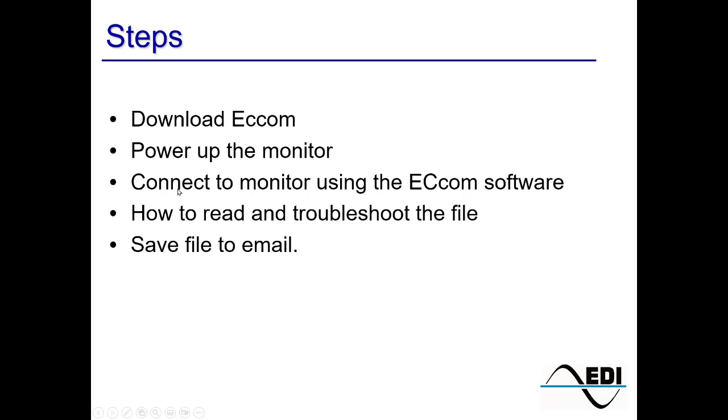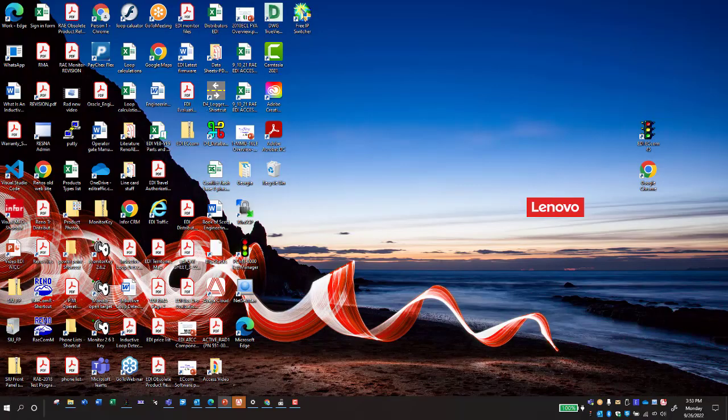Once we do that, we're going to make sure that the monitor is connected to the ECcom software, and from there we're going to read and troubleshoot the signal sequence file, and we're also going to show you how to save it and email it to someone. So with that, the first thing you want to do is bring up your internet, because we're going to retrieve the